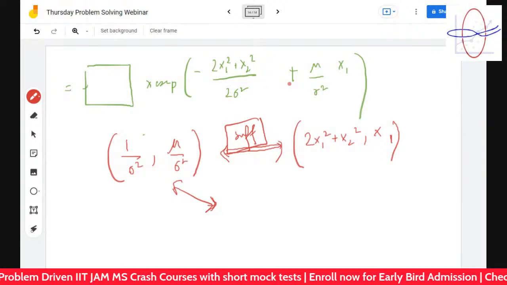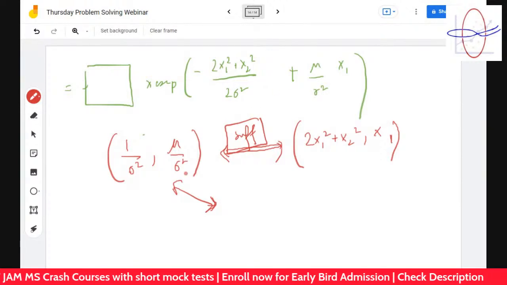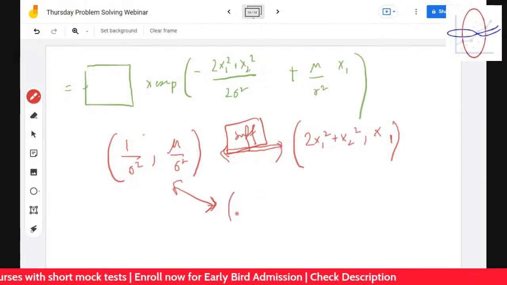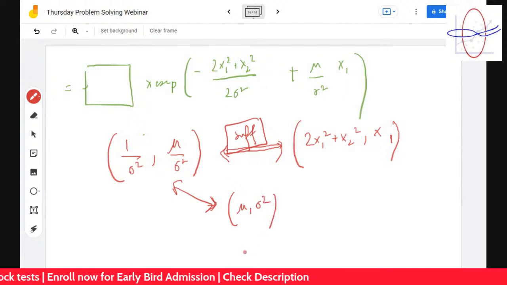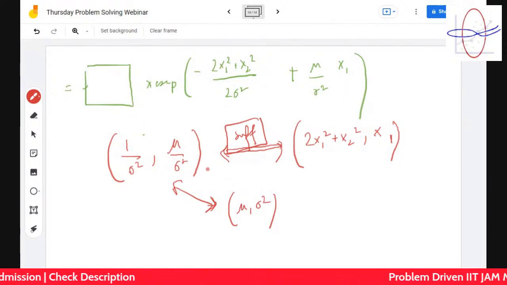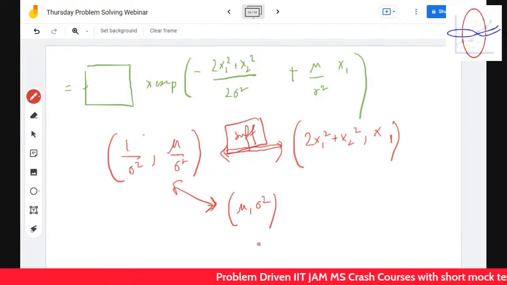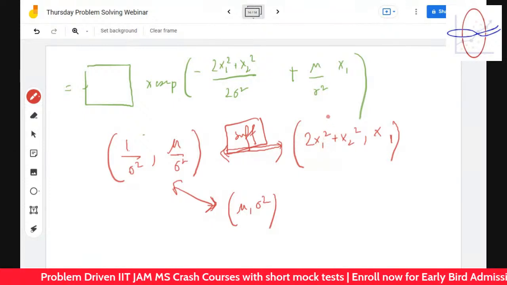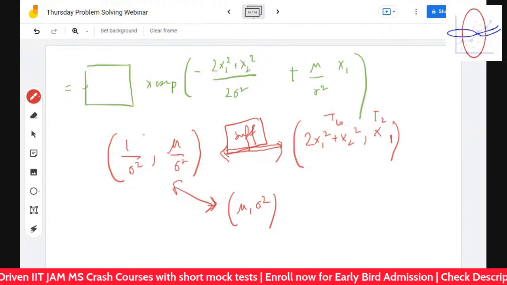It's actually a 2-parameter exponential family. You can understand this too, like it has a 1-to-1 connection with mu comma sigma square. Like if you know this and this, there is only one mu comma sigma square pair. So if T1 comma T2 is sufficient for this,